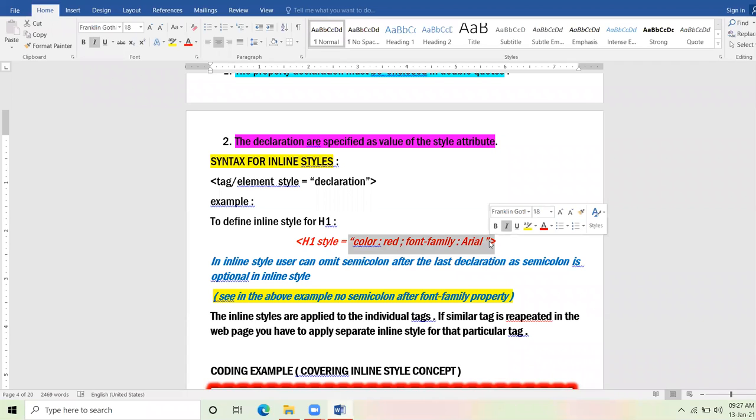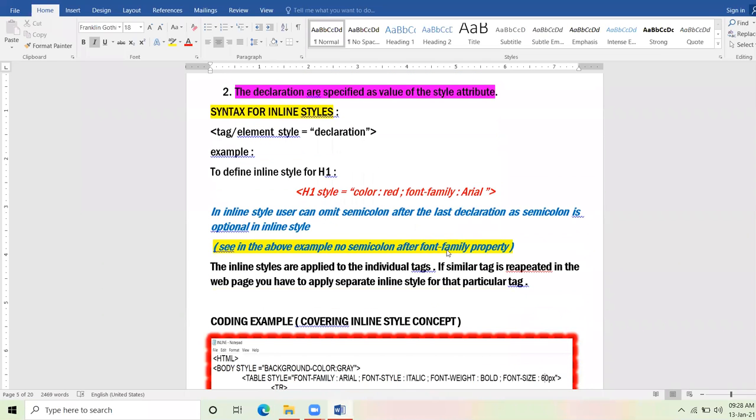See carefully the shaded part. Secondly, at the end of the last property, no need to write semicolon. You can leave it as it is. Am I clear?